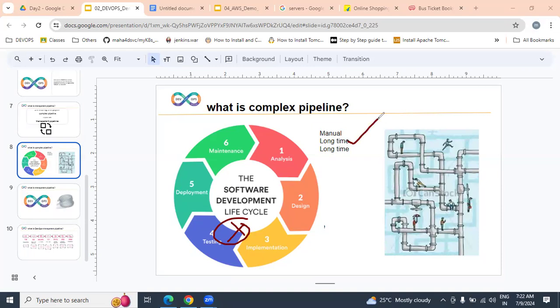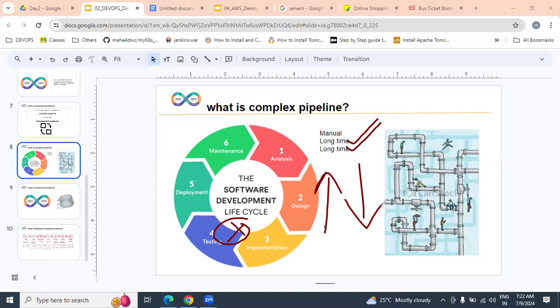After identification also, resolving the issue will take a long time. If it takes a long time, definitely the cost will be increased and quality will be decreased.